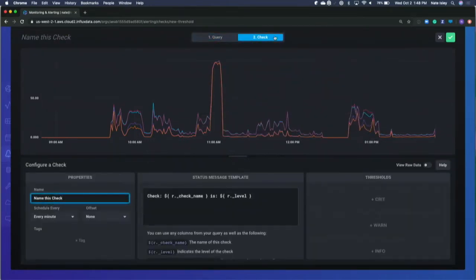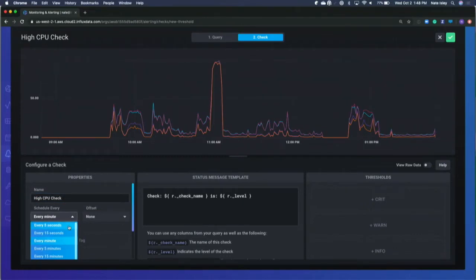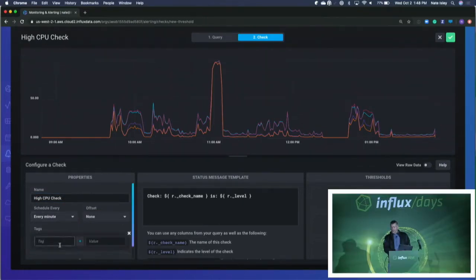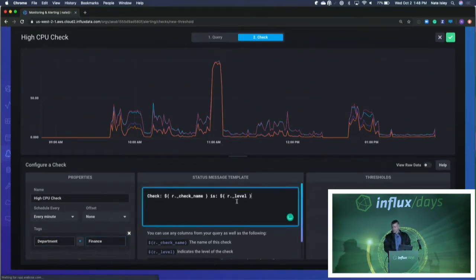So you move on to the second step of saying, okay, what exactly are the thresholds we want to put on here? So I'm going to go ahead and label this the high CPU check. And we can check for different intervals: every minute, every 15 seconds, every 5 minutes. I'm just going to go ahead and do every minute. I'm going to add a tag on here. Let's just say that this is in the finance department. And I'm going to say, here's my message. When the level is okay, also for this CPU, and I'm going to add some interpolation here for all the values in my check that are available, and I'll go ahead and show that to you a little bit later. But for that CPU in the department,